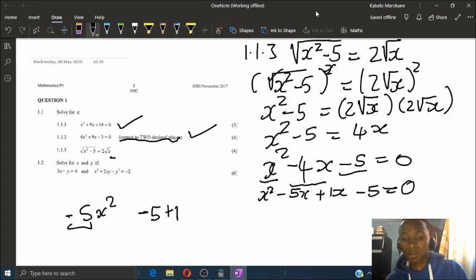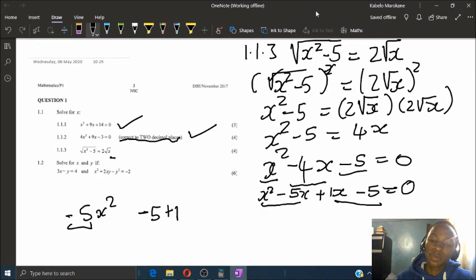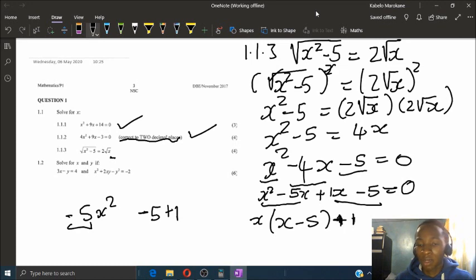Okay, so at this point we have to factorize the first two and the last two. Common factor, which is x, we are left with x minus 5, and then the last two, common factor, which is 1 plus 1, and then we are left with x minus 5